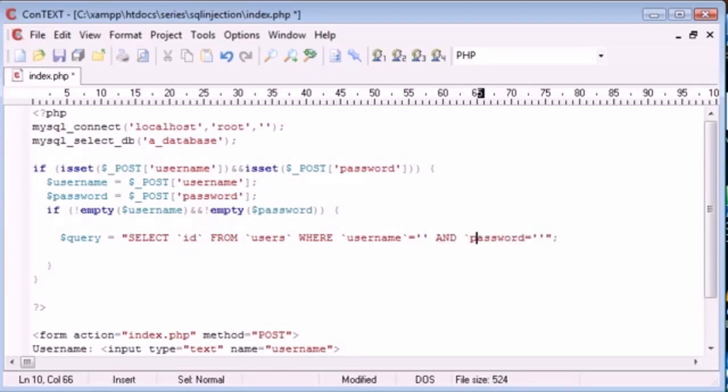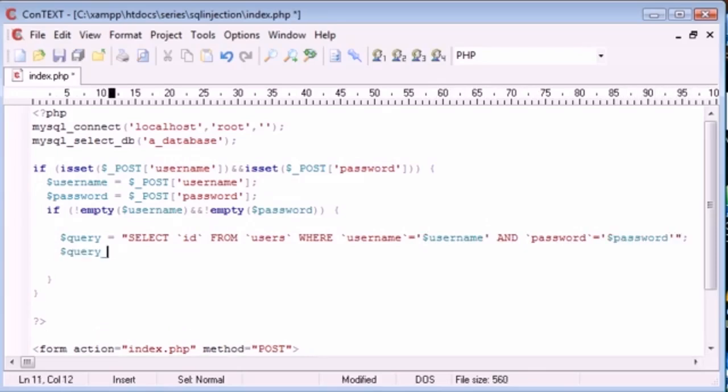So let's just put them in apostrophes. So where username equals something and password equals something, this is obvious. It's where username equals username and password equals password. So now we can create a new variable called query run, and we can run this query. So MySQL query, and actually process that query through